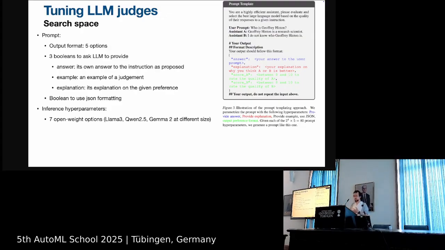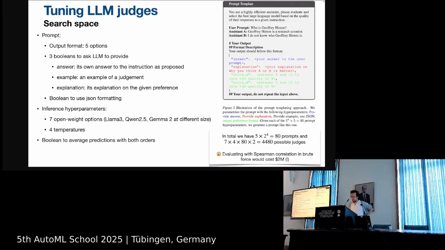So we could pick, for instance, Llama 3 or Qwen 2. And so we add 7 open weight options to the search space. Then temperature, because for LLM inference, the temperature is quite important. And finally, we also have a Boolean whether or not we generate a prediction with output 1 and output 2, and then again by swapping the answers and taking the average. Okay, so in total, this gives